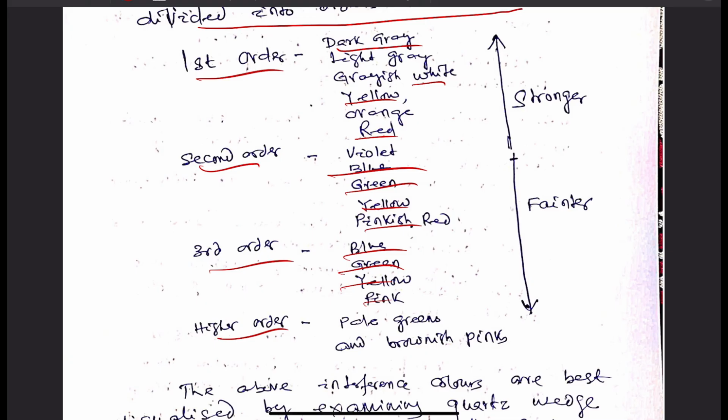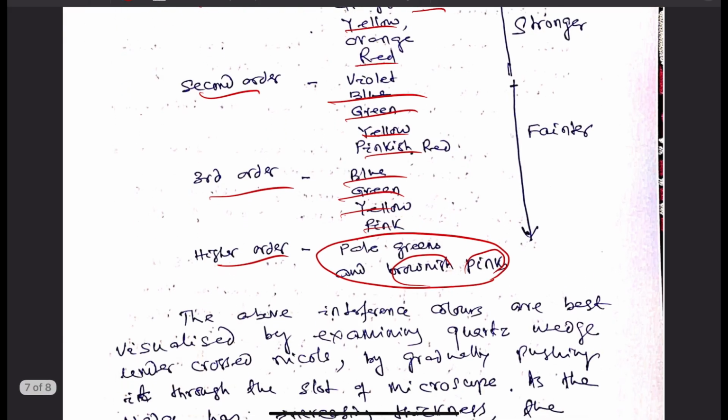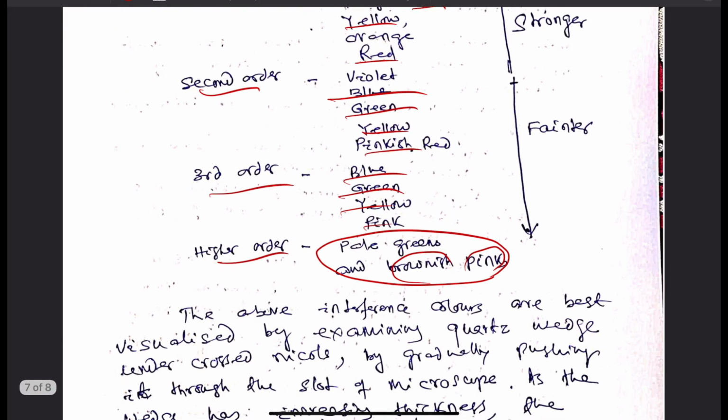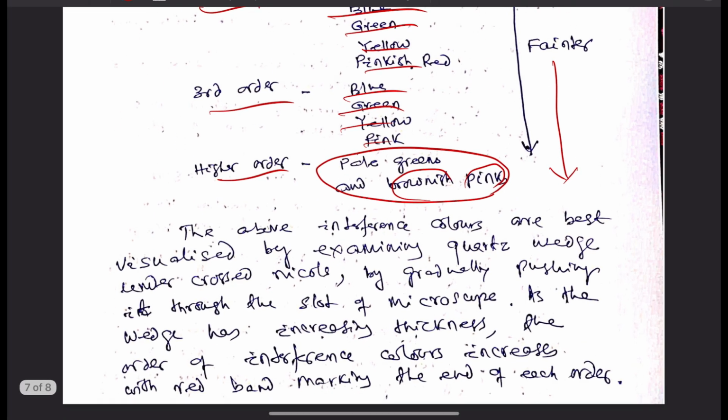third order. In higher order colors, we get higher order whites or higher order pinks, brownish pinks, pale greens, or creamy. It looks creamy, so creamy color is higher order. These are because the higher order colors mix up and it becomes difficult to separate. They become bright,